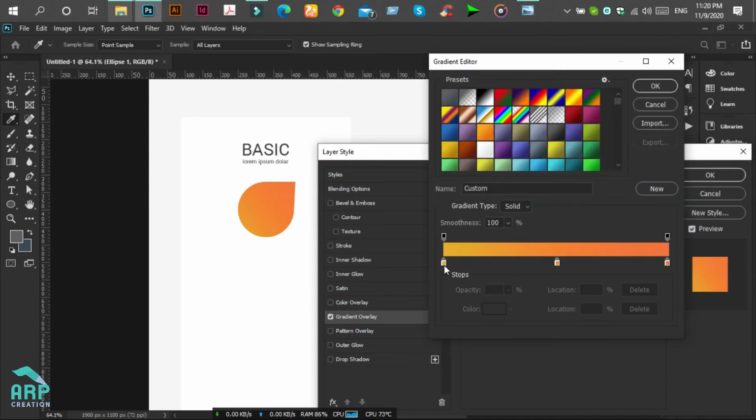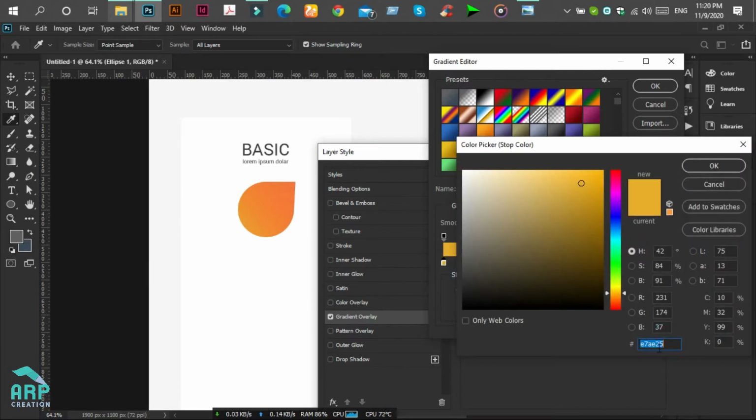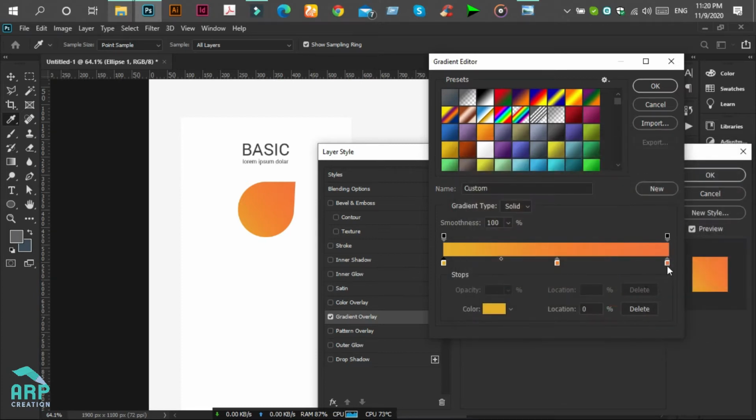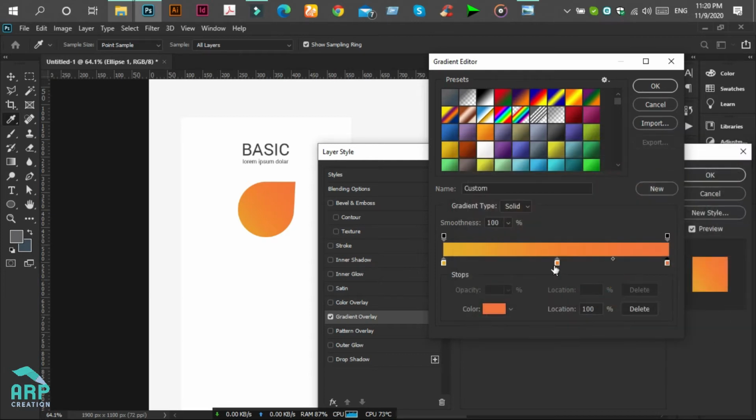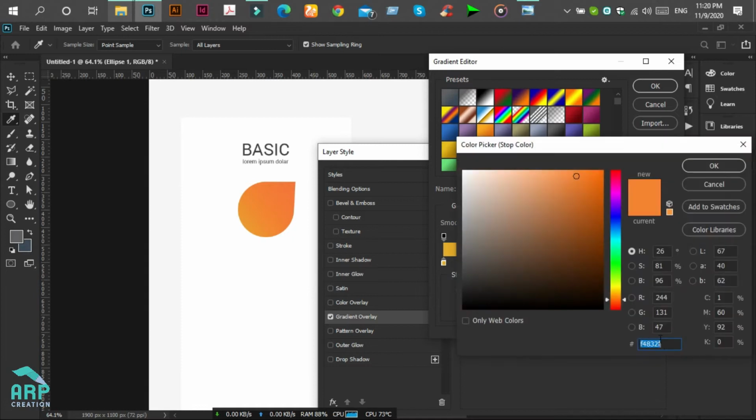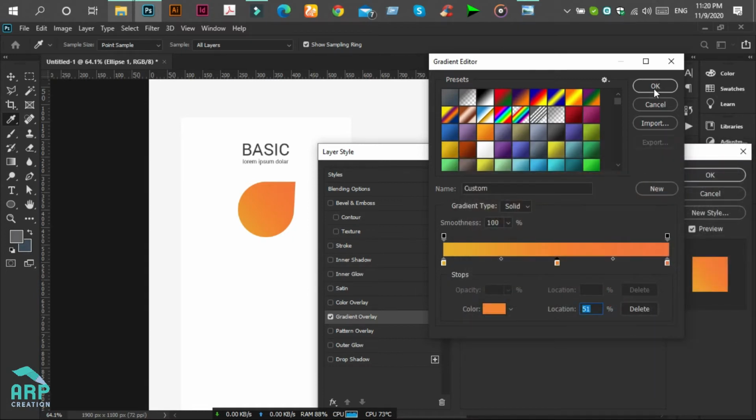The gradient color code will be E7AE25 and the last color code will be F3733B and the middle color code will be F4832F. Okay,